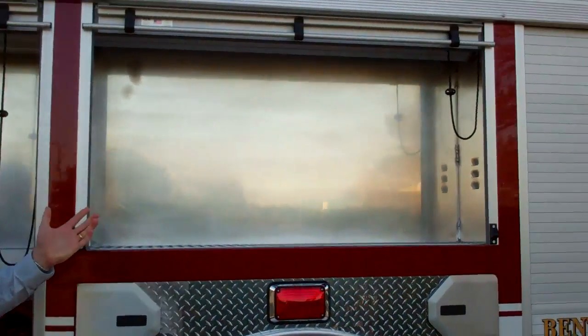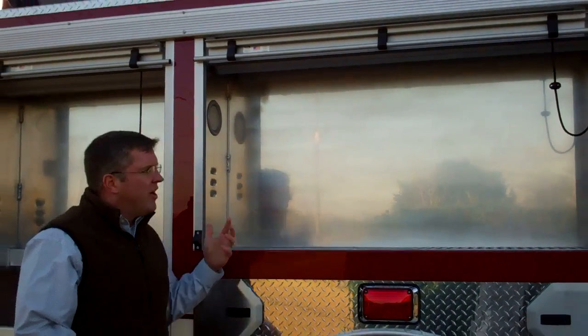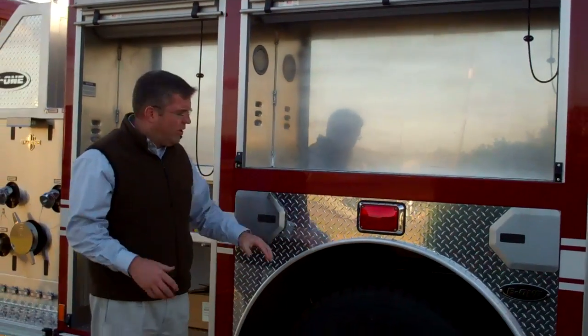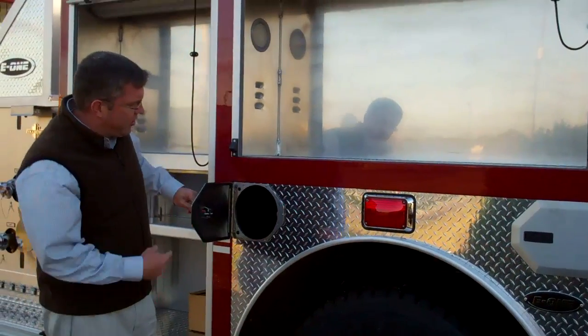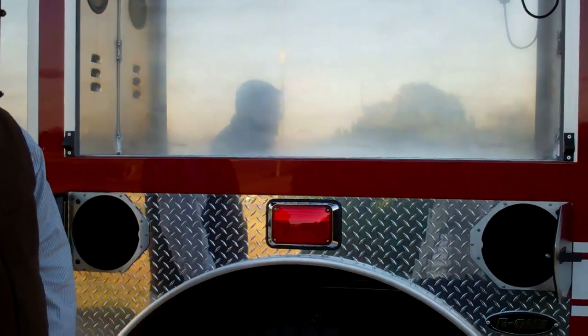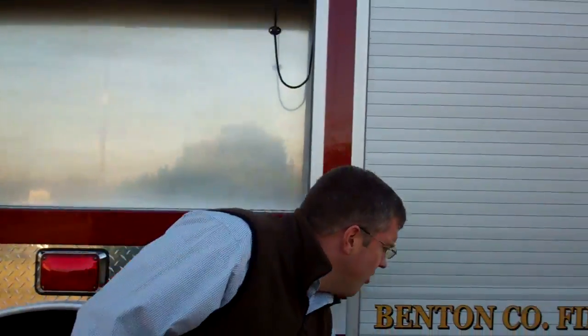Here is another storage compartment. A lot of people like to put their SCBAs in here, or they might put extinguishers or other types of equipment in there as well. Then all of the bodies around here will have compartment storage for the SCBA cylinders. Here on the rear compartment